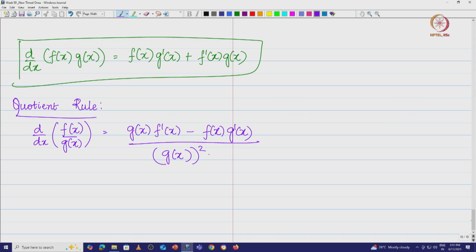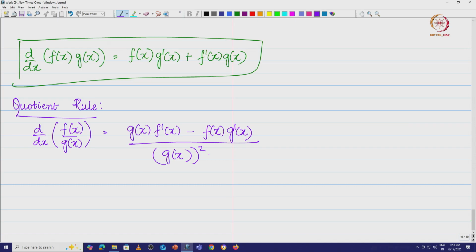So, we saw three important rules of taking derivatives. The derivative of a sum is the sum of derivatives. The derivative of a product is not that easy to calculate. It is basically that the derivative of the product f g is f into g dash plus f dash into g. We also saw that the derivative of f by g is g into f dash minus f into g dash, divided by g squared. So, that is what we have.